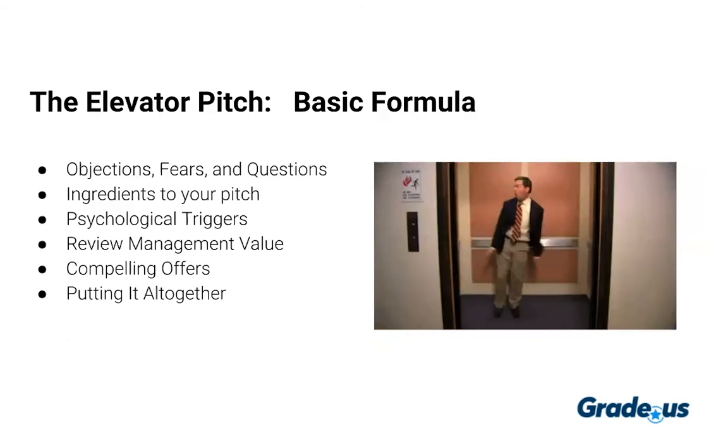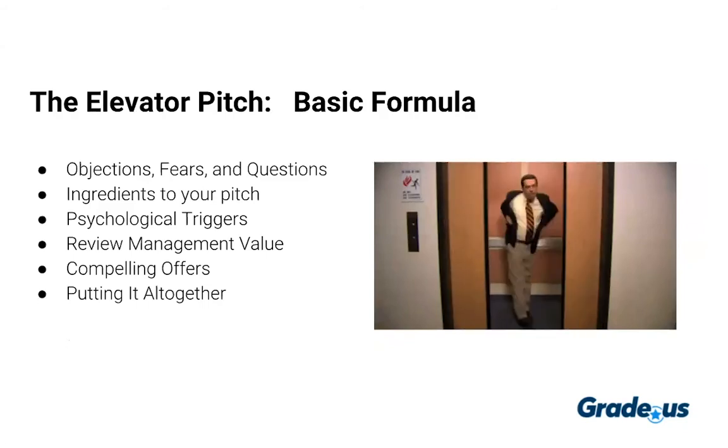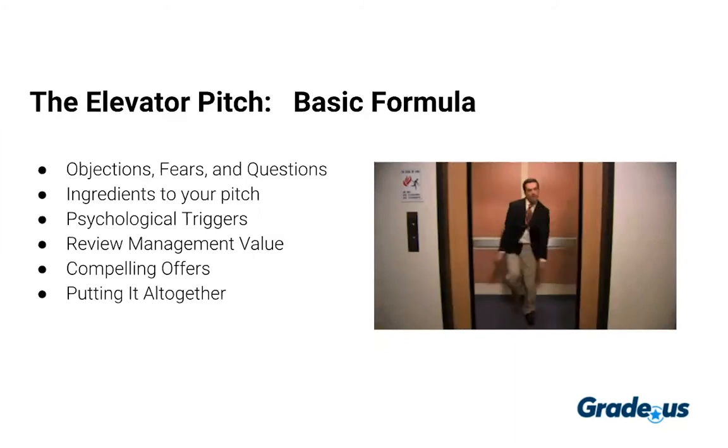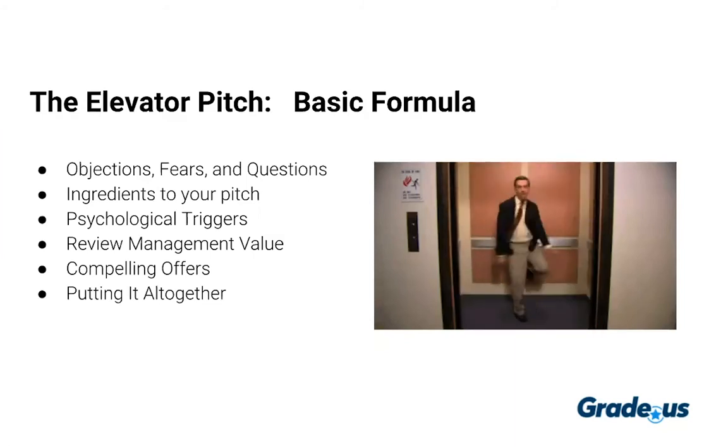So when we're talking about the most simplest version of the elevator pitch, it usually comes down to a basic formula. And so you're going to want to try and at least think about the objections, fears, and questions of the prospects. Now, in the basic elevator pitch, you're not going to address every single issue. That's for those maybe secondary conversations when you have more preparation done and you're getting closer and closer to the